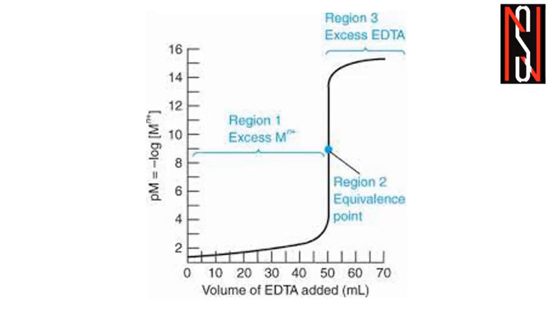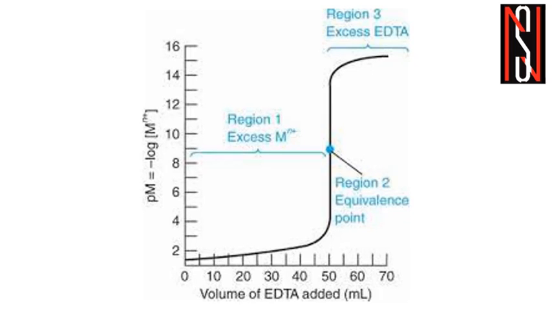We have already seen that an acid-base titration curve shows the change in pH following the addition of titrant. For example, sometimes we take a base as a titrant, and this metal-EDTA titration is almost analogous to that kind of acid-base titration. So a titration with EDTA shows the change in pM, the negative logarithm of the concentration of M plus, where M is the metal ion, as a function of the volume of EDTA. So the curve will be almost similar to that of an acid-base titration curve.